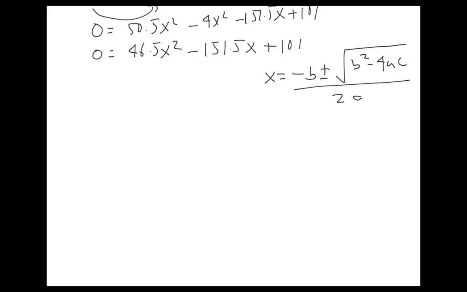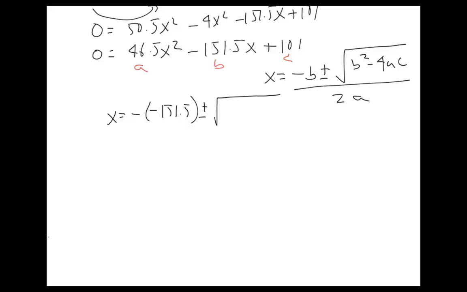So that means that this is our a, this is the value of b, and this is the value of c. So we substitute those values in that equation, and that means that x is going to be equal to minus, in this case, minus 151.5 plus minus the root square